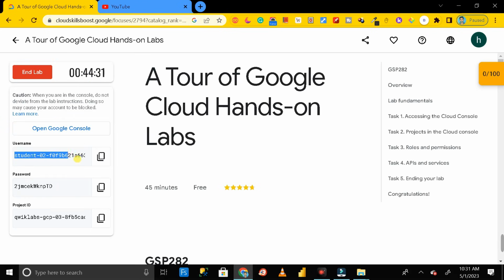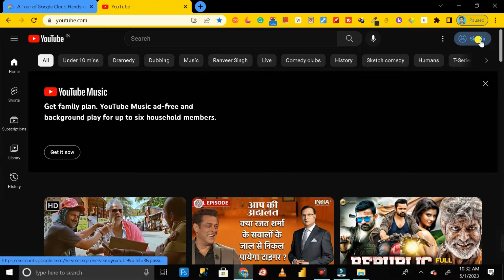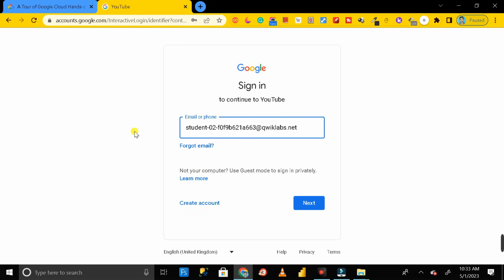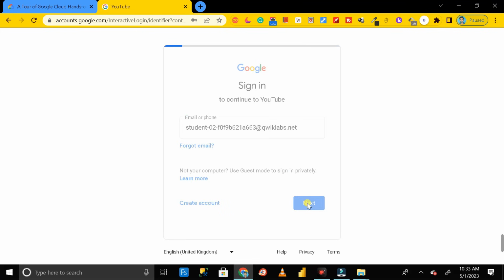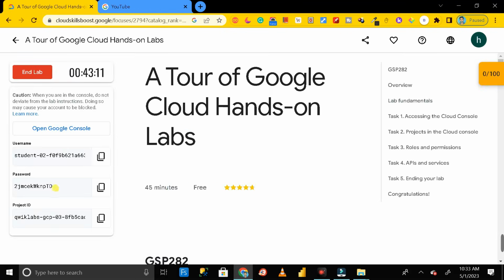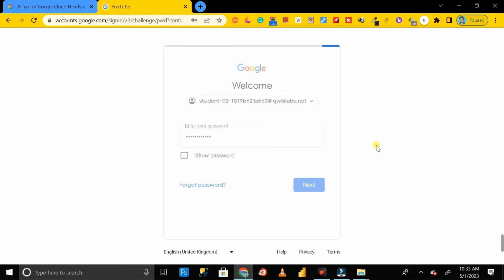So just copy this email account. Okay, right click on it, then copy, then go to your YouTube account, and here just click on this sign in button. All right, and then just paste the email that you have copied from that website. Okay, then click on next. Then for the password you have to again go to here, then you have to select this password. Okay, then you have to copy it. All right, then go to YouTube again, then here just paste that password. All right, then click on next,